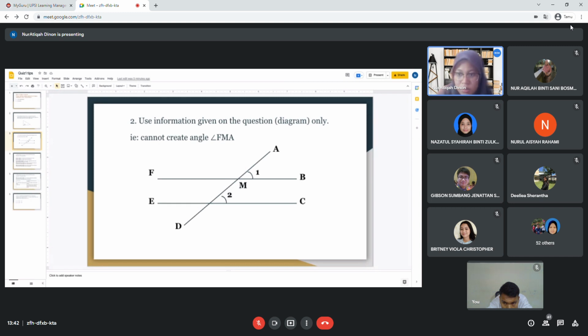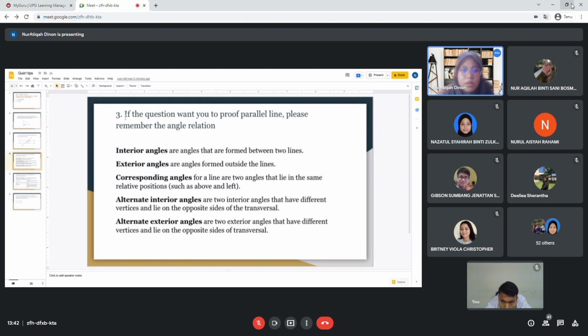Okay? You macam maybe you boleh kata, okay, this is a straight line. So angle 1 plus angle 3 equals to 180 degrees. That one is no problem lah. Tapi if it doesn't show on the diagram, tak payah guna. Jangan guna. Okay? If the question want you to prove parallel line, please